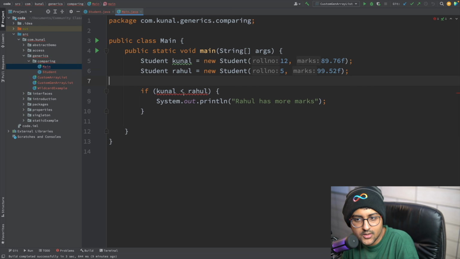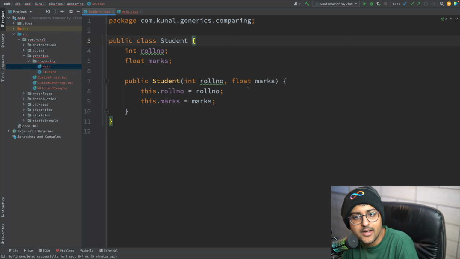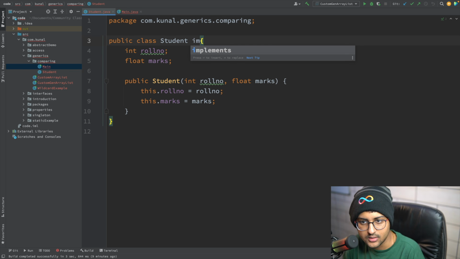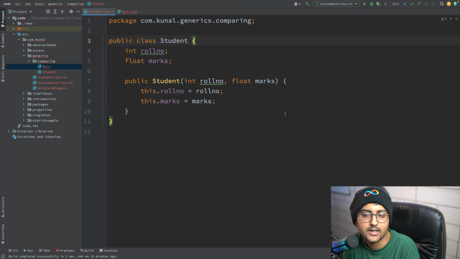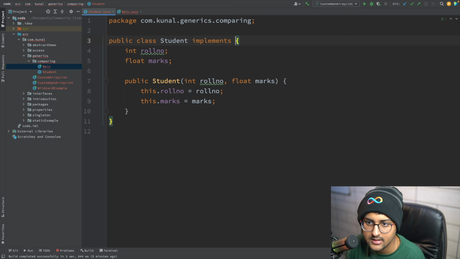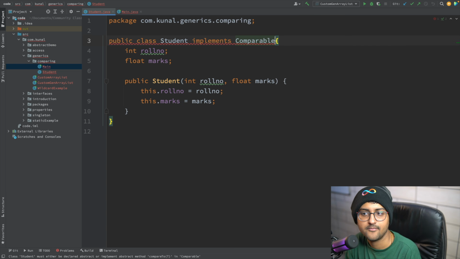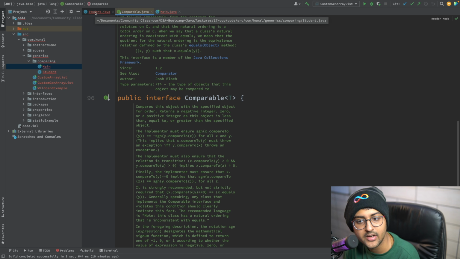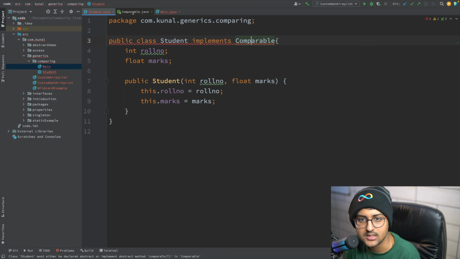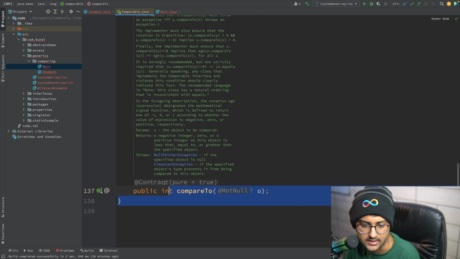Okay. So this is what's happening. In order to solve this problem, we have to implement Comparable. So the actual thing that does this is known as Comparable. It's not a class. If we're implementing it, it's what? We've already covered this: an interface. Implements Comparable. And you can see in Comparable, it's an interface, and interfaces can also have generic types. Cool. This is now an example of an interface with generic types. That's it.